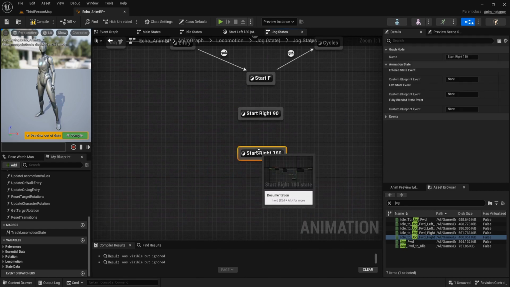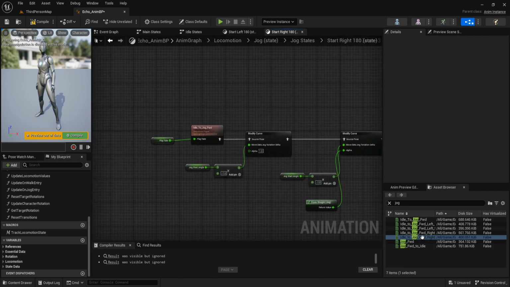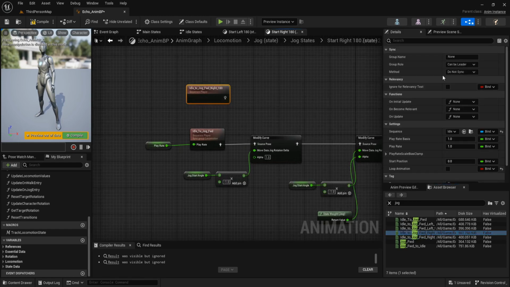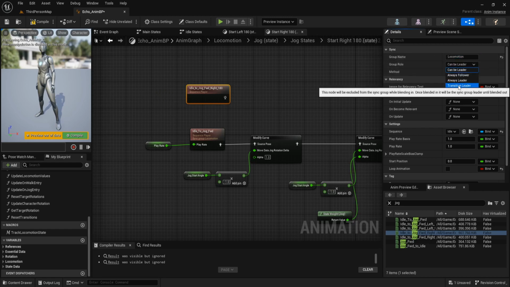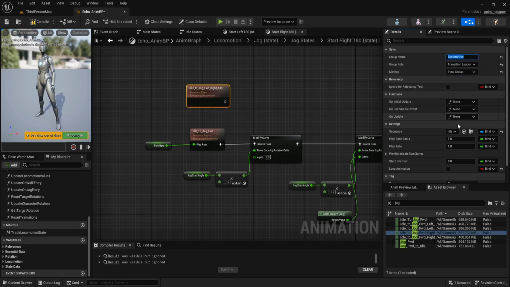And this start right 180. Use this animation right 180. Group name is locomotion. Transition leader sync group. Play rate expose as pin.